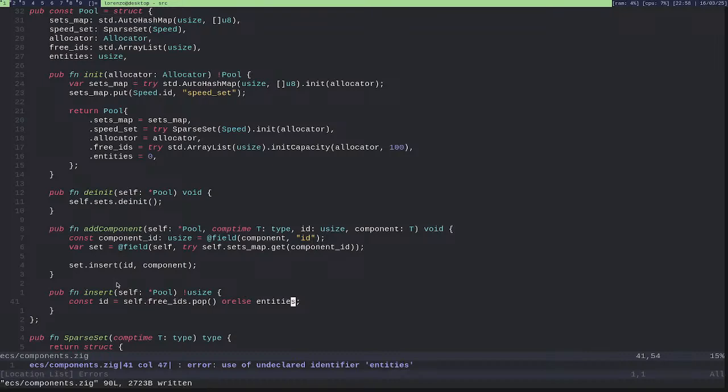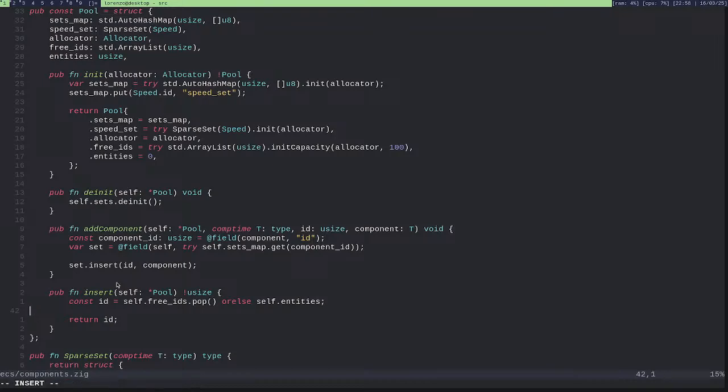I will return this thing. Then self.entities will be incremented.